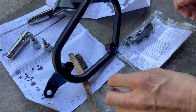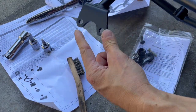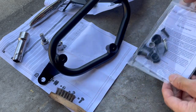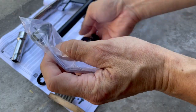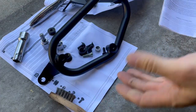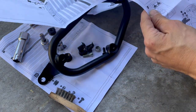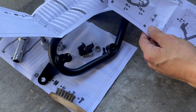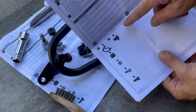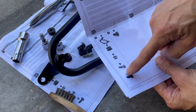All right, so let's put these SW Motech parts together. So this is going to be the front, right? And the two holes mounting here is the rear. So here's the front and rear on this. One thing that's not accurate is the numbers. Oh, okay, I see what they did. I was looking at this list here. I thought, yeah, it says 1, 2, 3, and I thought that was how many parts there were, but it's not. That's the steps. Step 1, 2, 3. Anyways,